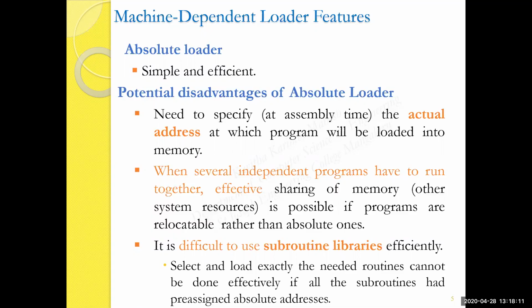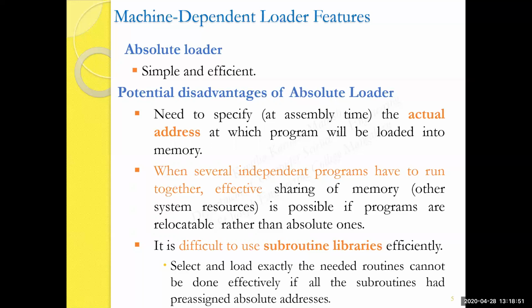However, despite the functions being simple, absolute loaders have certain shortcomings. One obvious drawback of an absolute loader is the need for the programmer to specify the actual address at which the program will be loaded into memory. This doesn't create much difficulty on a very simple computer with smaller memory such as SIC. However, on larger and more advanced machines,